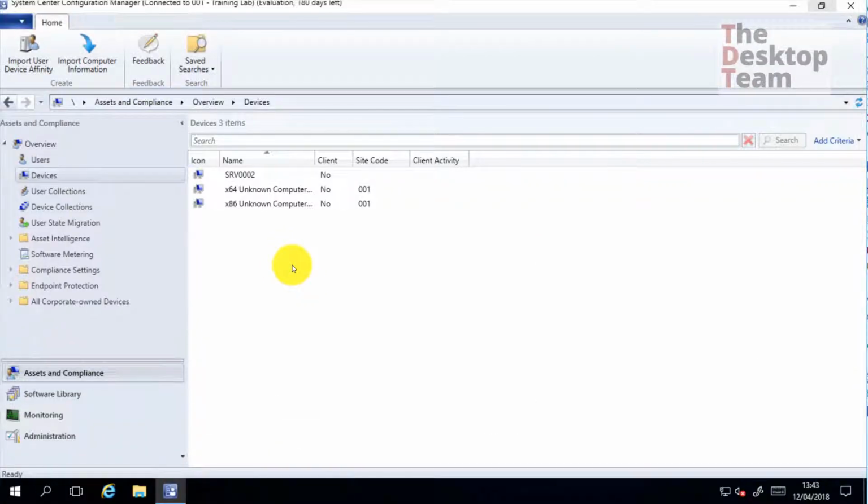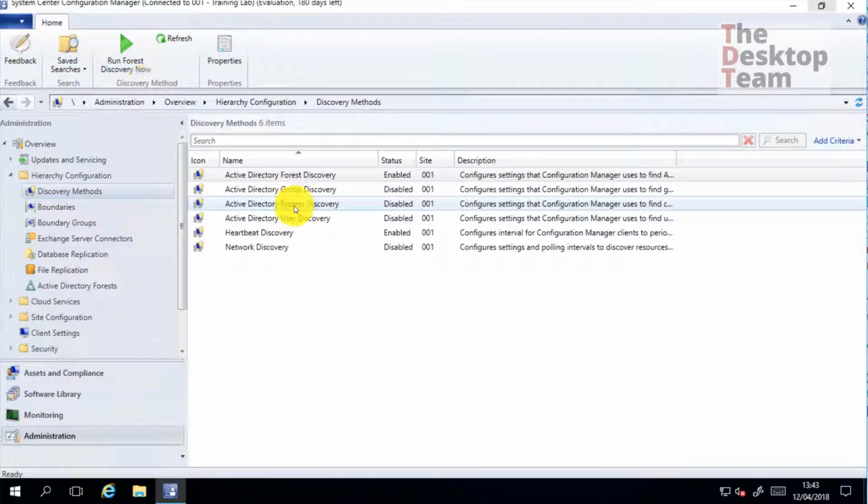If I want to discover their information, now I can do this through the system discovery. This will not automatically install the client. This is only discovering resources. So the same data I have in Active Directory, I will have in Configuration Manager. To do this, let's enable